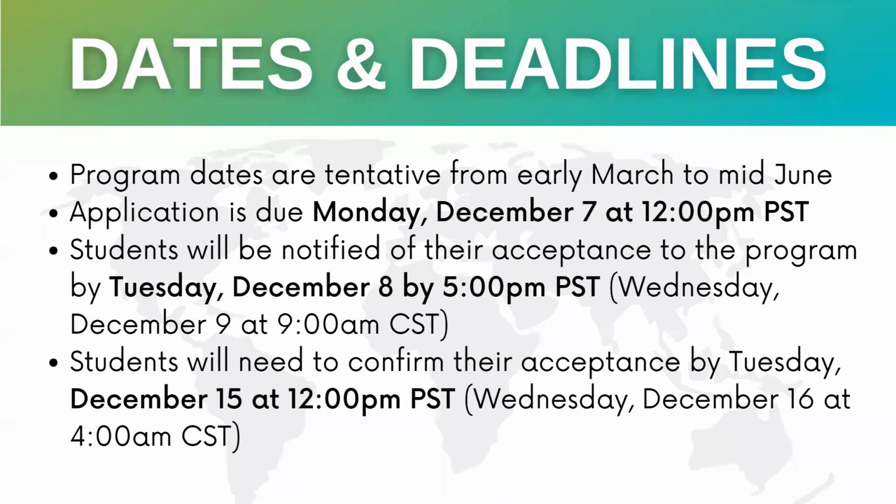Pacific Standard Time. And the reason why this particular deadline is so important is that we will then take that roster of confirmed students and share it with our partner provider that I mentioned earlier, API, so that they can begin that work with ECNU to determine what courses are going to be able to be offered based on enrollment. So the sooner we get that information from you, the sooner we can turn around and say, here are the courses that are going to be offered, so you can plan in even more detail.